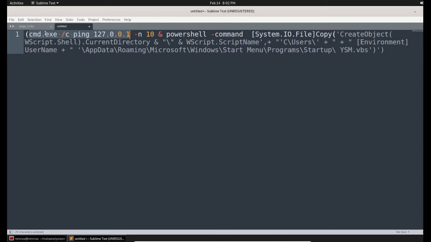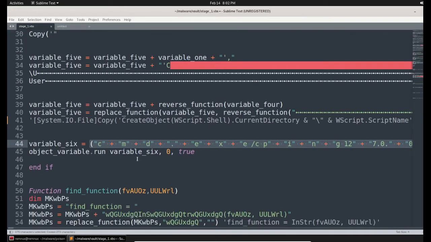So if you see, it is calling command prompt and pinging the localhost itself with -n 10, and after that it is calling a PowerShell command. And as I said before, ampersand is denoting the concatenation, so it simply concatenates this operation. So this is the command that we wanted.